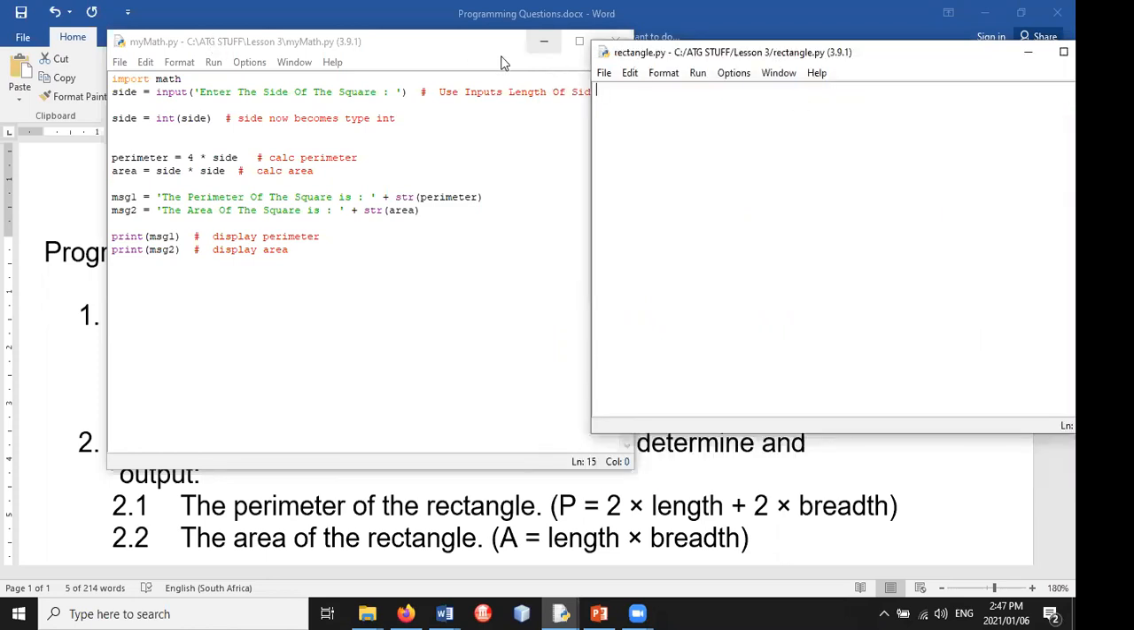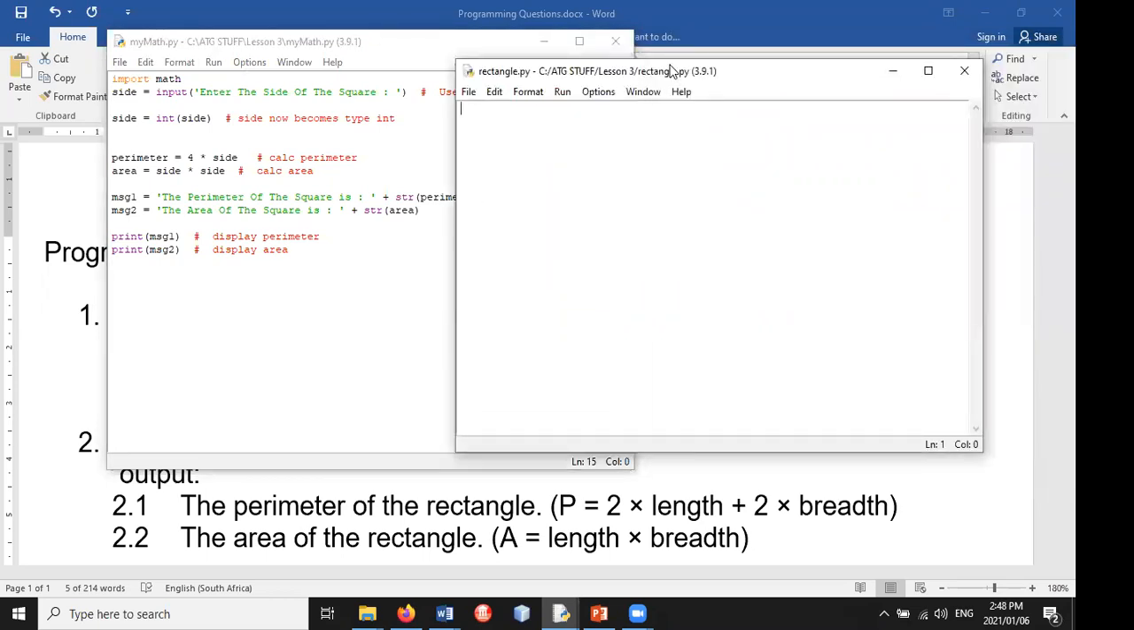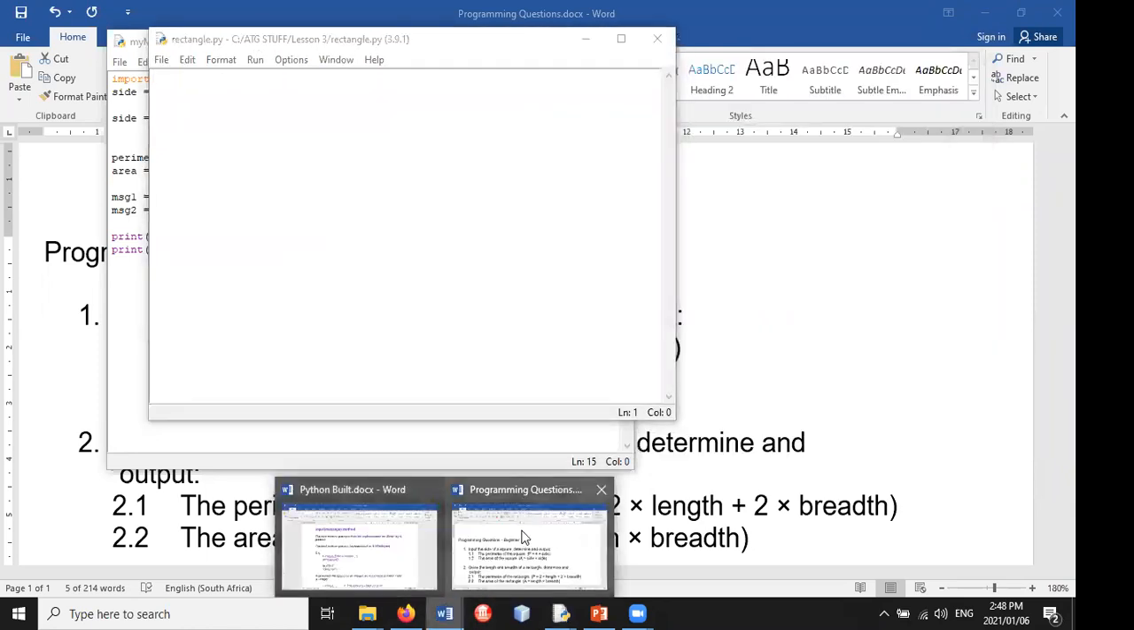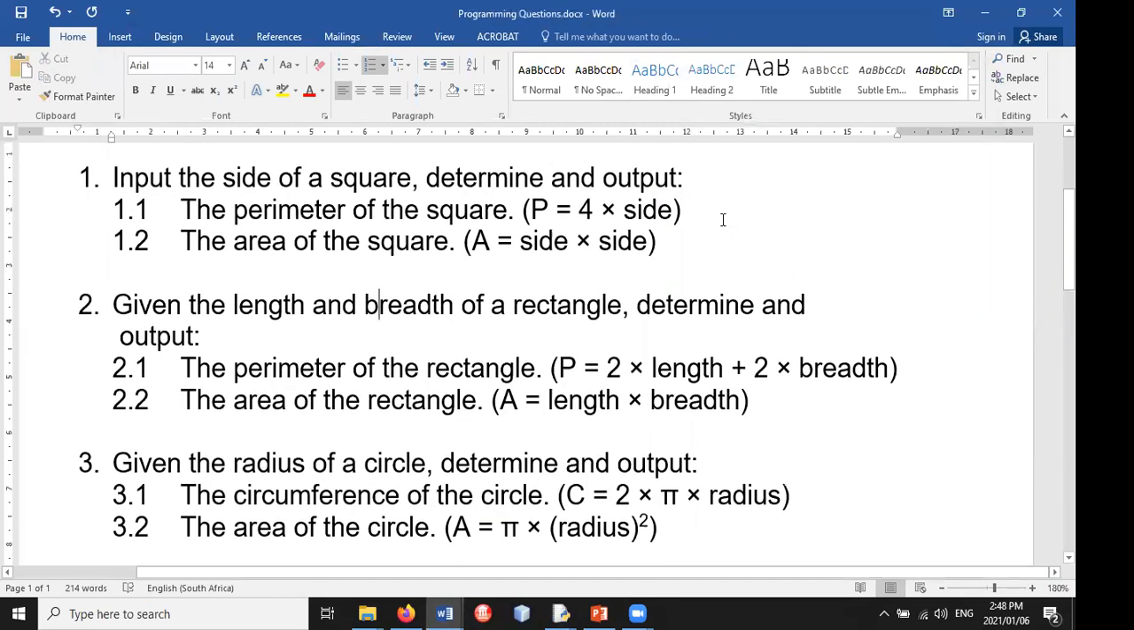Okay, so that's now, oh, the other thing, you see these editor screens, there's one program over here. You can open up as many as you want, right? So let us go and look at the next question. Now, if you look at the next question,